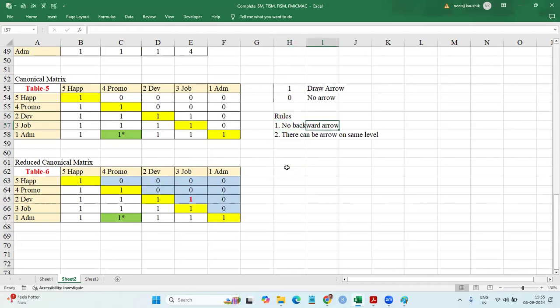No backward arrow means we are talking here about above diagonal values. Look at the above diagonal values. These values, there cannot be one here. It can be on the same level, but otherwise it's not possible. Now look at below the table, below the diagonal, remove one which goes to the, which crosses the